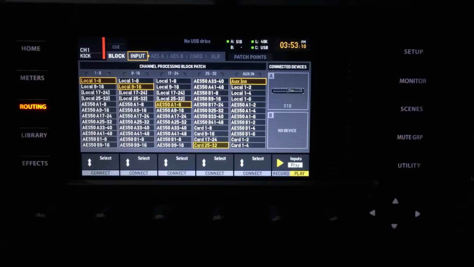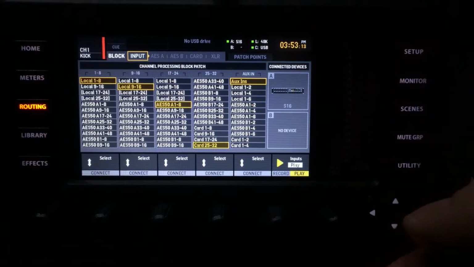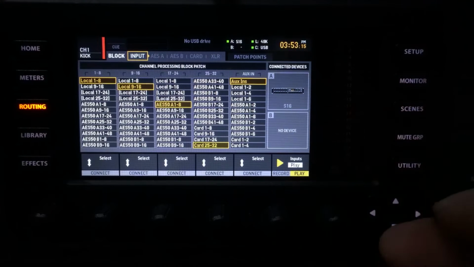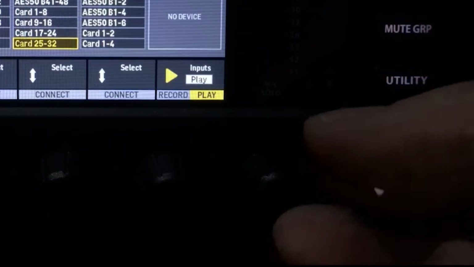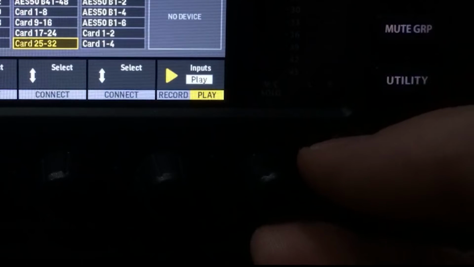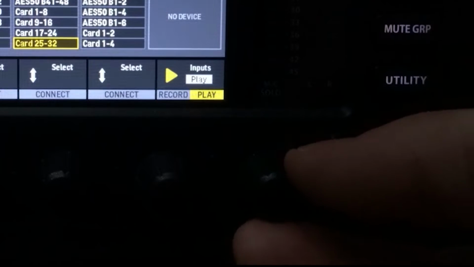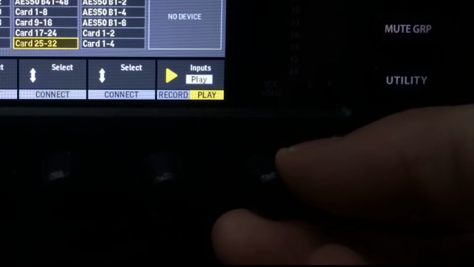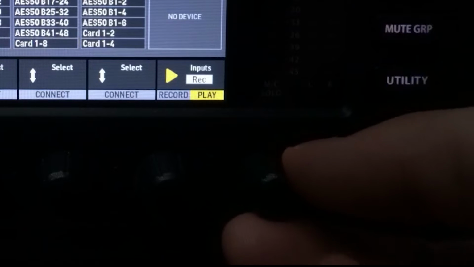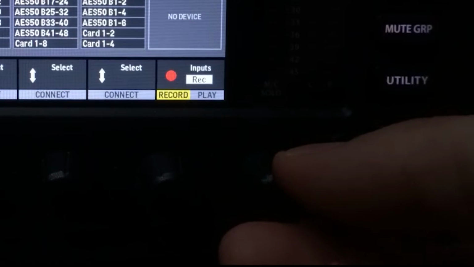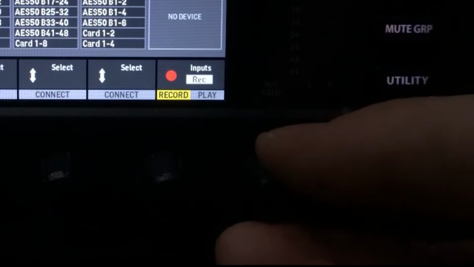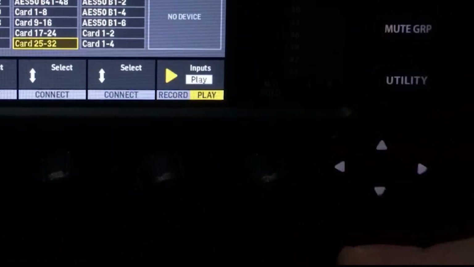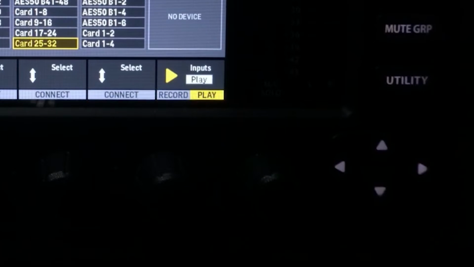And we can see now that we're presented with this view which shows us all of our different inputs, whether we're on play or record mode. Now down in the bottom right hand corner of the screen you can see that I'm on play mode at the moment. I've got the little yellow triangle, and if I scroll the sixth wheel, that's the last wheel on the right hand side of the interface, you can see that I can move back between visualizing both the record and the play mode. Now if I push that button in, you'll see that it switches over now to record mode, and instead of the yellow triangle, I get the red circle. Okay, so we just need to make sure that that is set to play mode, and then we're good to continue.